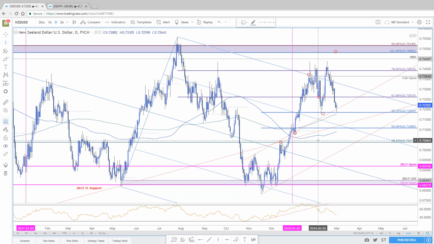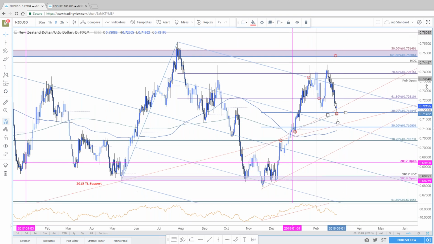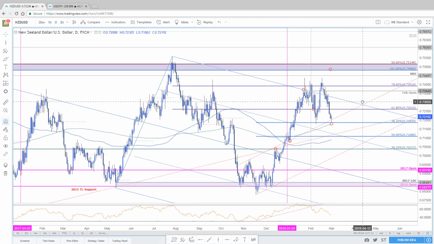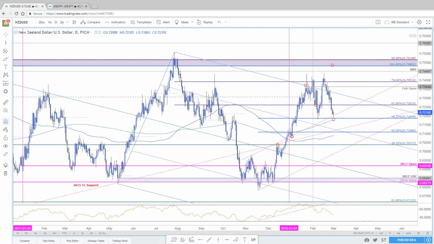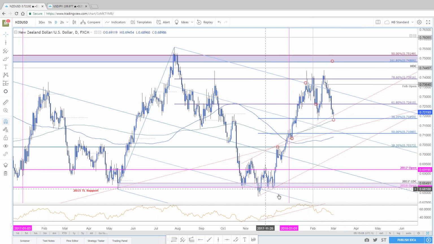Here's your monthly open. I usually have a marker there. You set a monthly opening range low early in the month on the 8th. You test the highs, and although you did breach, you did not see a close above the monthly opening range high. Here we are back again, monthly opening range low. So the focus is on a break of this massive region. I know it doesn't give us much help, but we need to stay disciplined, specifically into the open of a new month, last month of the quarter, the first quarter of the year.